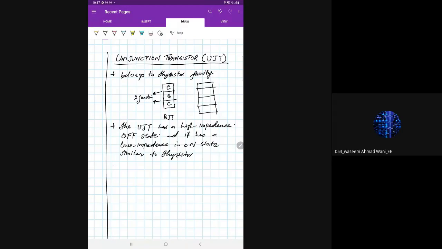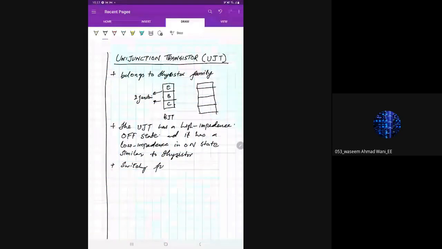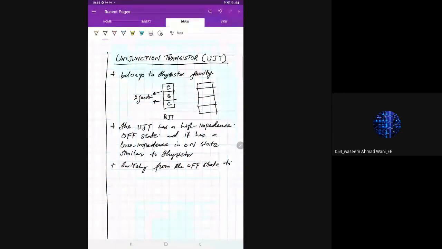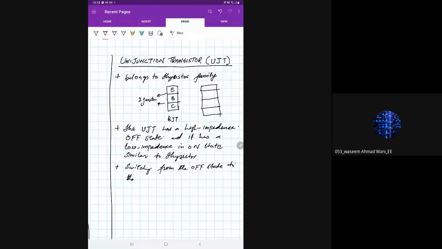And therefore, moving from on state to off state is known as switching. Switching from the off state to the on state in UJTs or even in thyristors,